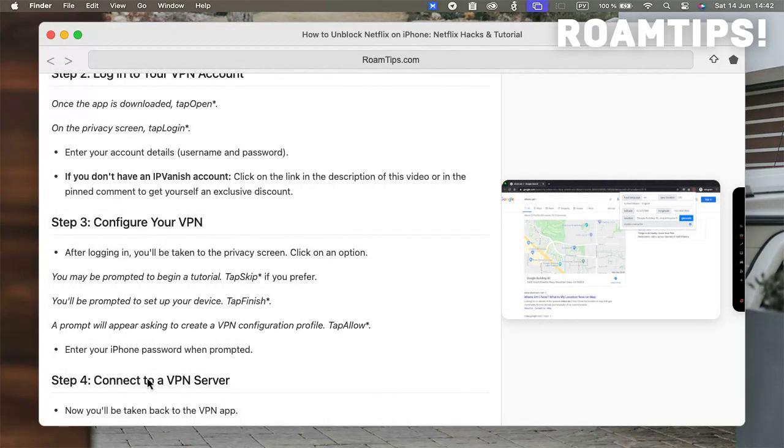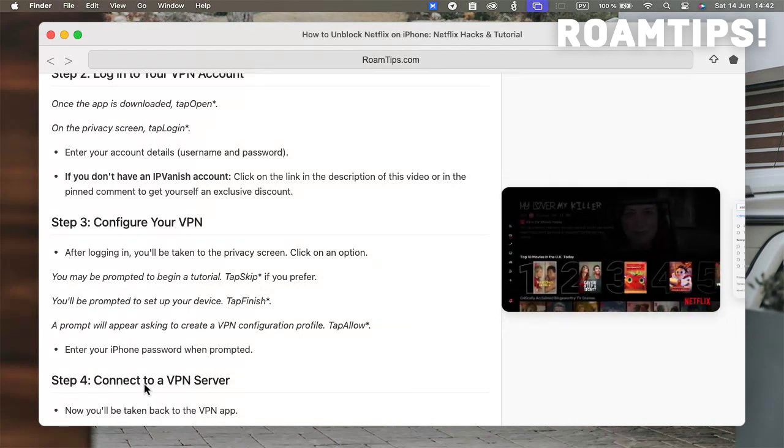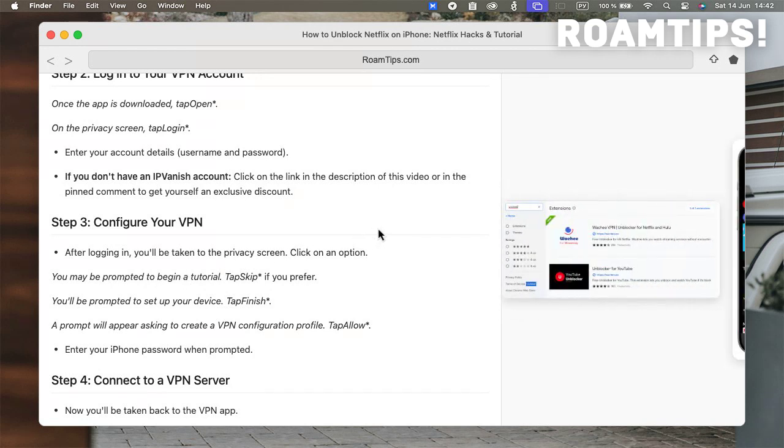Today we're diving into a super handy trick, how to unblock Netflix on your iPhone. So you're traveling or maybe just want access to a wider range of shows. No problem. I'm going to walk you through it step by step. Just a heads up, this is based on my own experience, and things can change, but this method works great